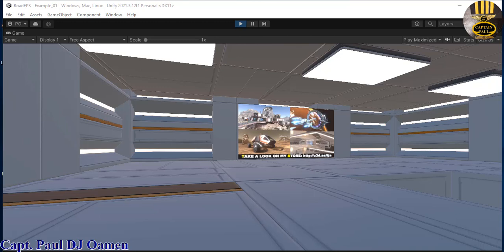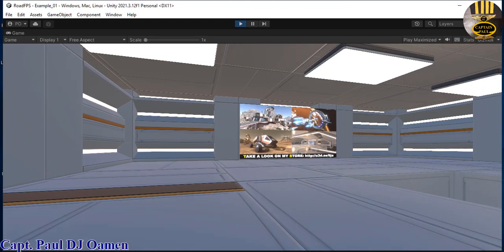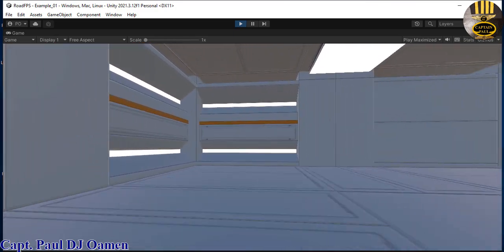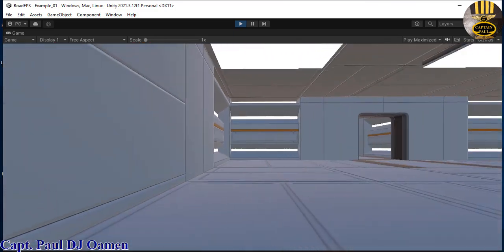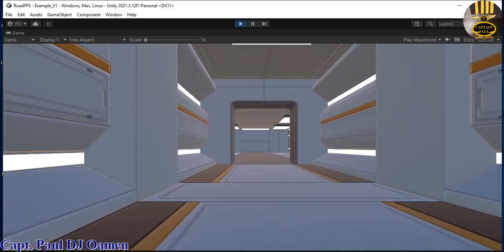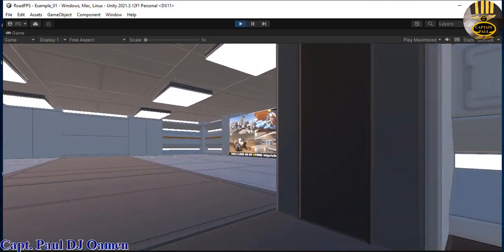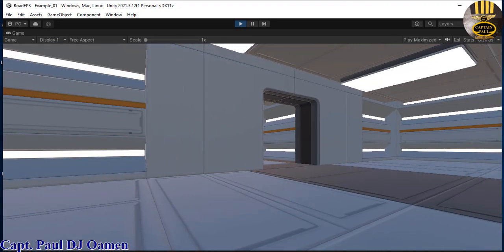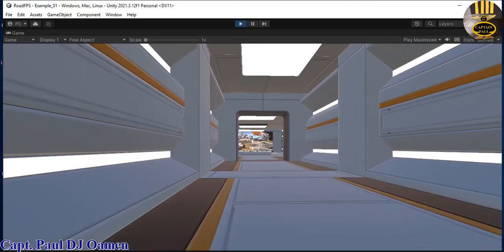Hi guys, and welcome to Physics and Character Control in Unity using assets. Now let me show you guys how this works. This is just an ordinary beautiful asset that I downloaded from the asset store, and we then add physics and character control lines of code to this so that we can move around and also pan around using what is